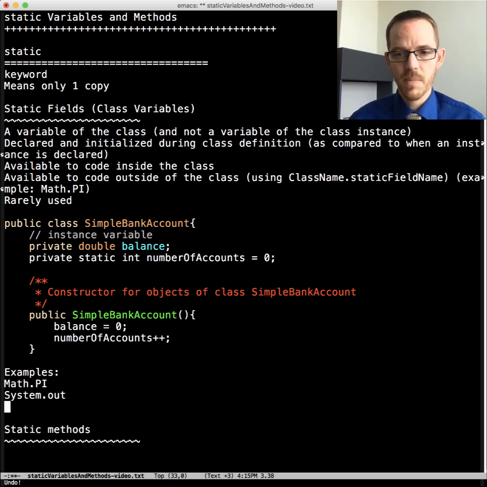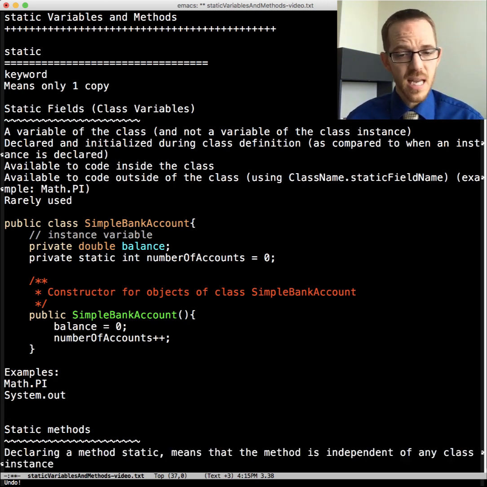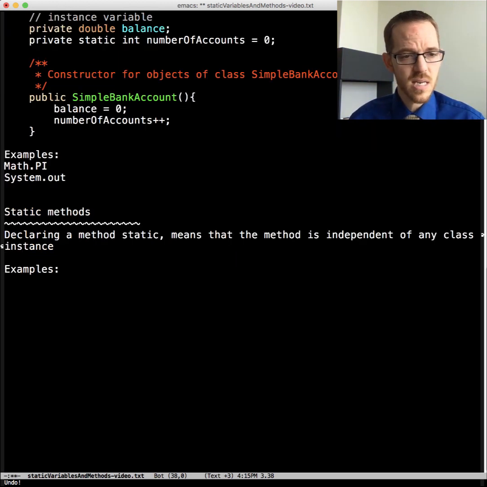So now let's talk more about methods. When declaring a method static, it means that the method is independent of any class instantiation. This can be good when we want to have a method available and not have to instantiate any object. We've seen some examples of this with Math, for example, absolute value and a host of other ones. And it's the same thing with the System class, System.exit, etc. We don't have to have a new System call before we can call System.exit. We can just use it.